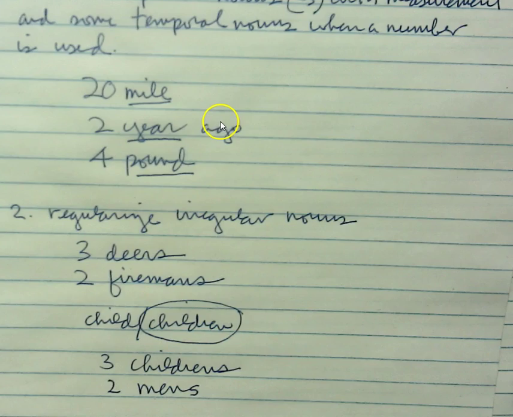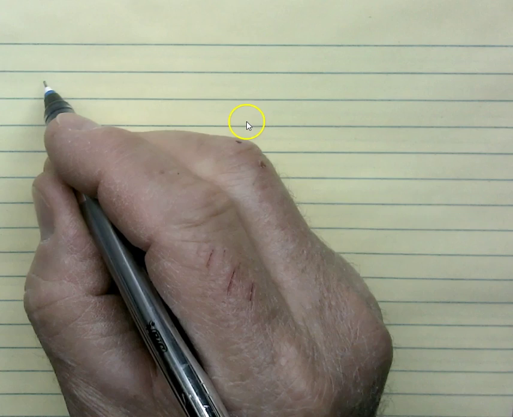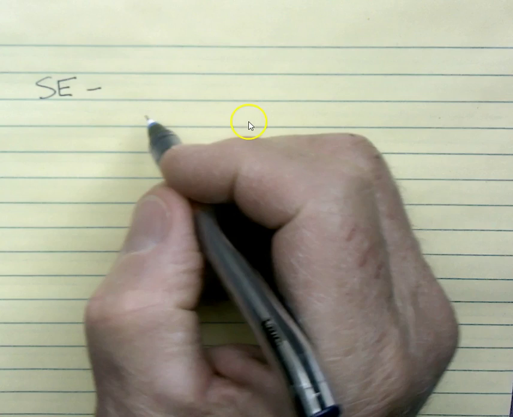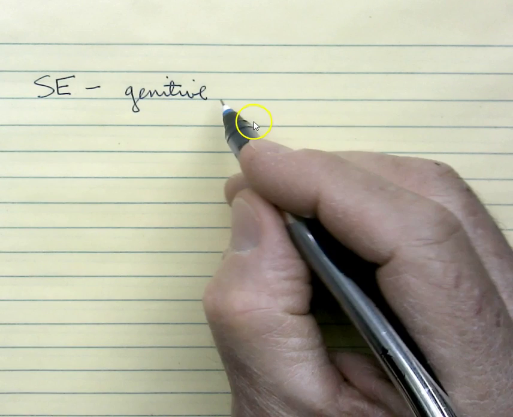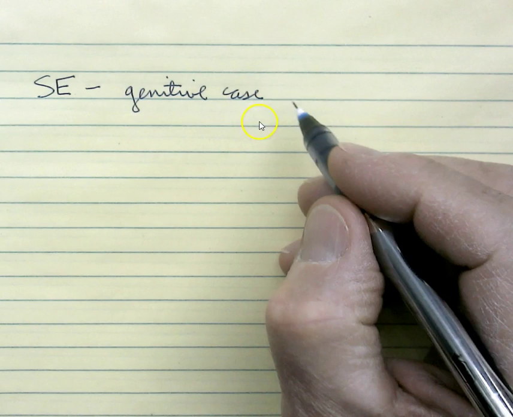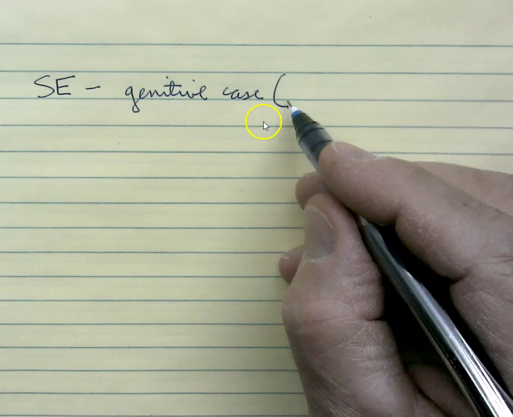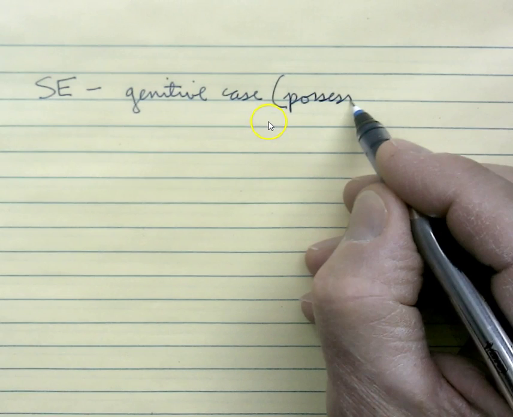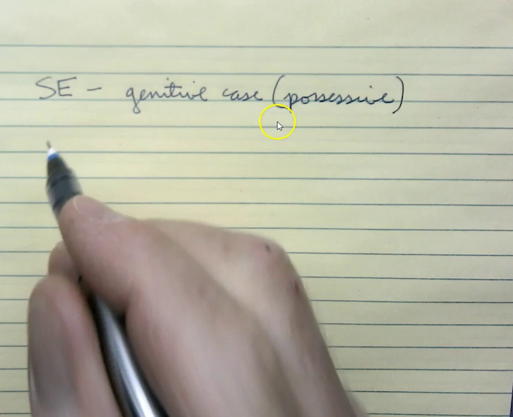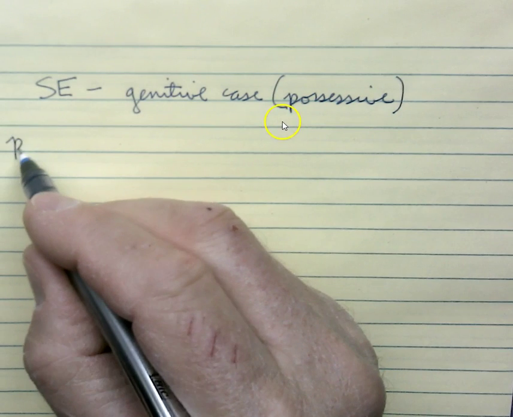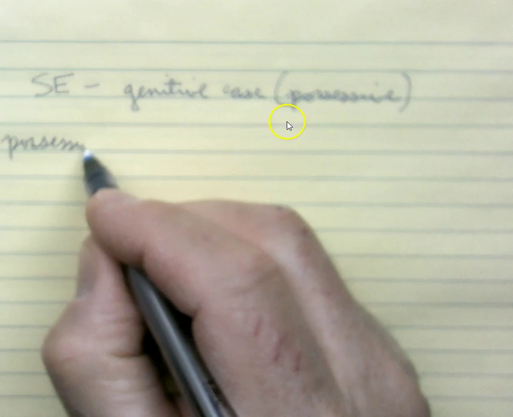So now let's take a look. How else do vernaculars and standard English differ in their treatment of nouns? So standard English indicates genitive case. Genitive is just the grammatical term for possessive. It's a linguistic name for possessive. And standard English has possessive